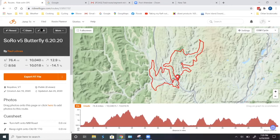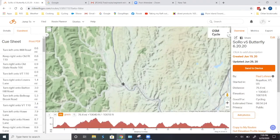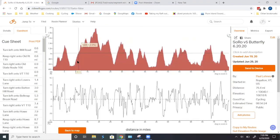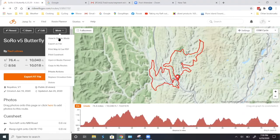Let me show. Yeah, this is actually an interesting one. So you've got a route up here, and you can get a view of it. I really like to go back to the classic mode, because I don't know why they dropped this feature in the newer mode. You can get a much better elevation profile screen here that you don't get in those other modes. So I'll show you what I did again. When you're looking at this route, there's no way of expanding this in this new mode, whatever they call it. But if you go back to the classic mode,